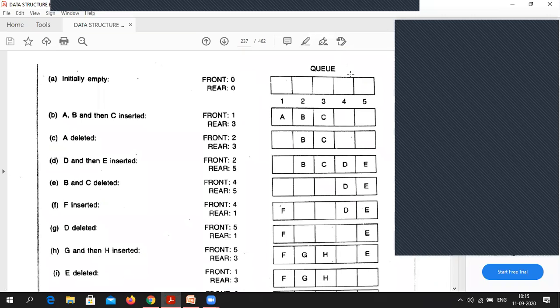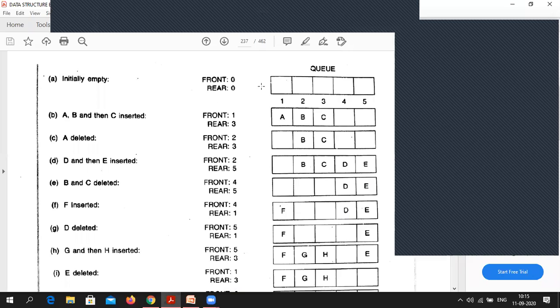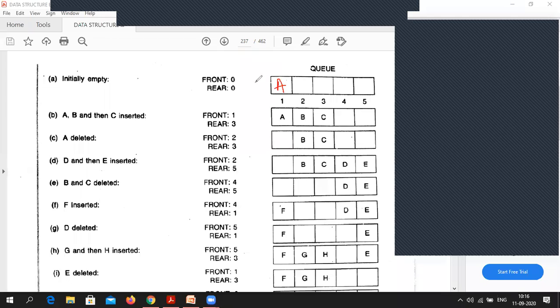And Anmol Punji, when you insert one element into a queue, in that case front and rear both become 1. Suppose here front is 1, rear is also 1. So when front is equal to rear, that means there is a single element in that array. You can't say that it is empty. So that is a special condition that you need to check.